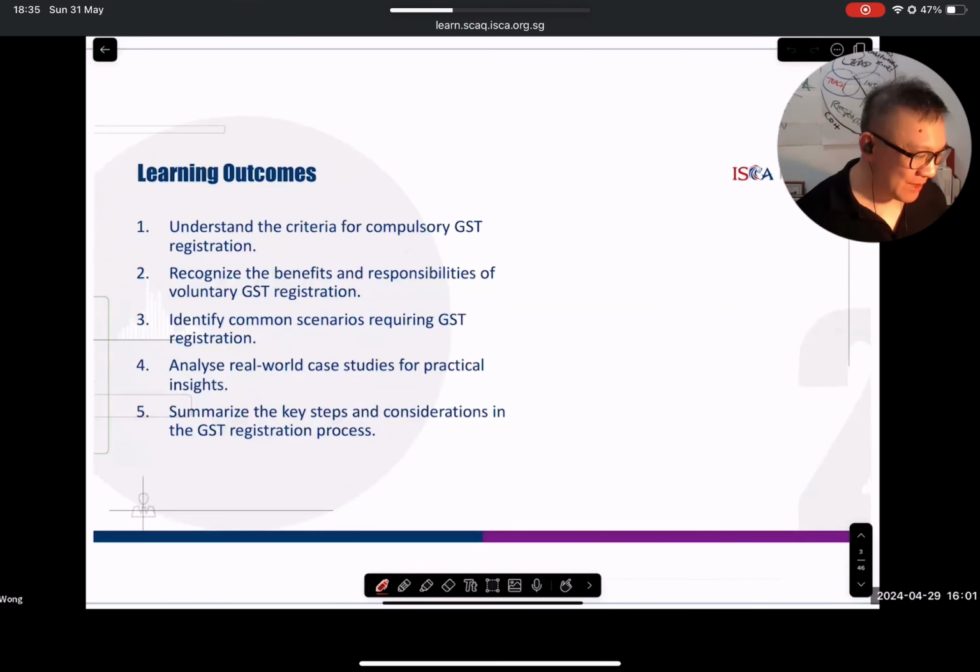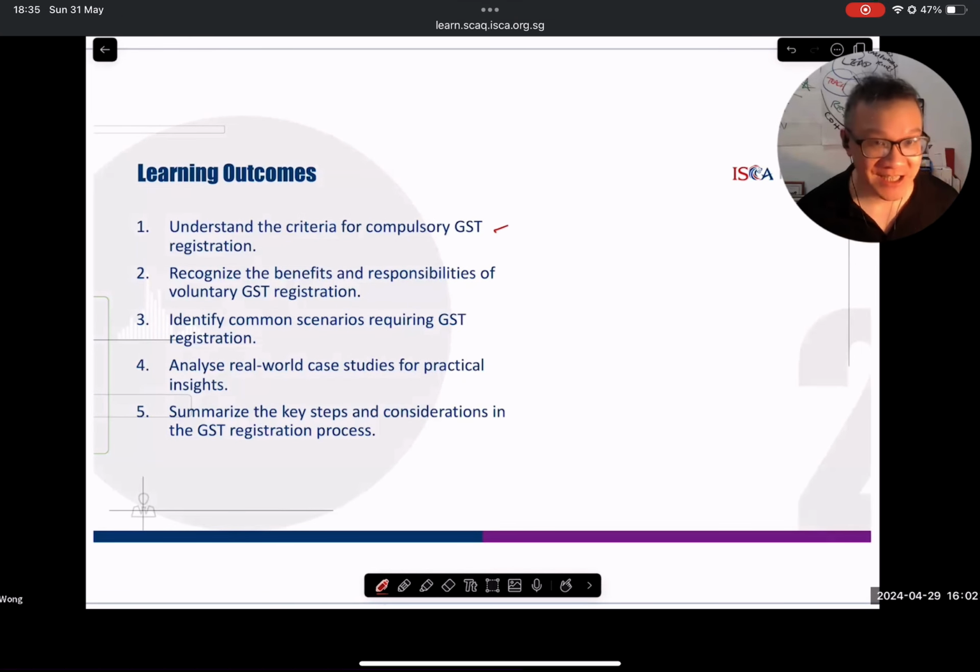So one, we would love to talk about the criteria for compulsory GST registration. Good news, it is much simpler than the time when I first learned and practiced GST. And then we talk about voluntary GST registration. What are the benefits of doing so? But with benefits, it also comes with responsibility. So we are going to talk about what are the responsibilities if a person decides to go for voluntary GST